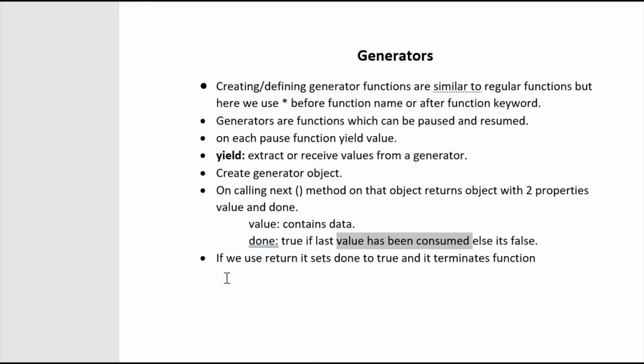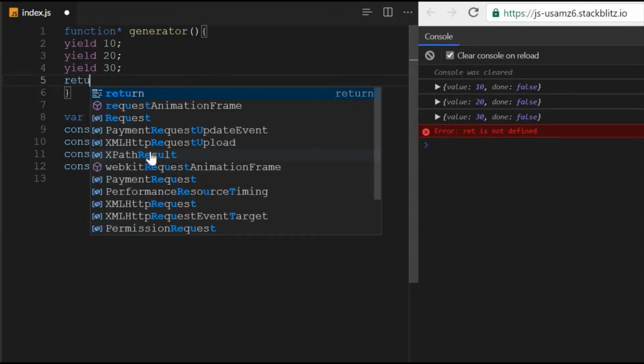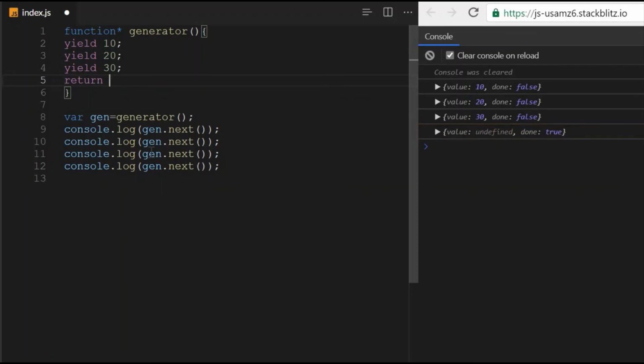One more thing: what happens if we use return instead of yield? If you use return, it sets done to true and it terminates the function. Let's see that. Here I will return 40. Once I call it, it displays value as 40 and done as true.